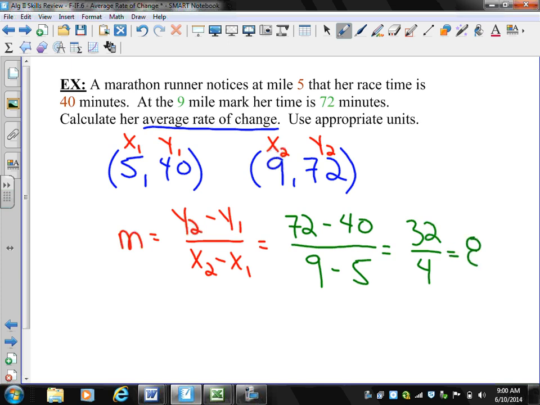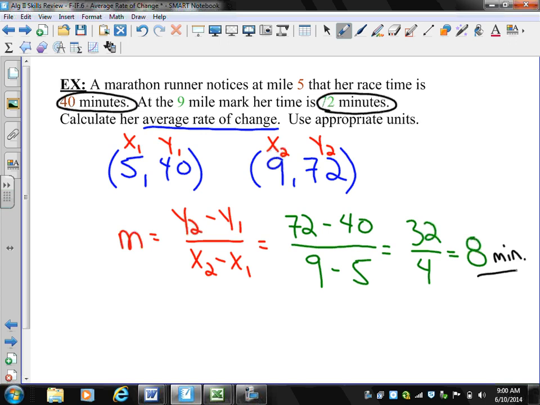So that's the value for my average rate of change. I now need to look at my units here. I'm going to look at what my units are for my numerator, and then that's divided by the units for my denominator. So my units for my numerator are minutes, right? 72 minutes, and we have 40 minutes, right? So my units in the numerator are going to be minutes